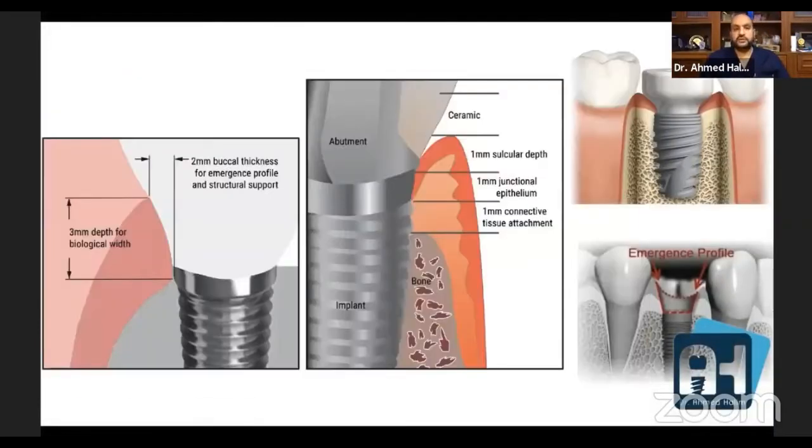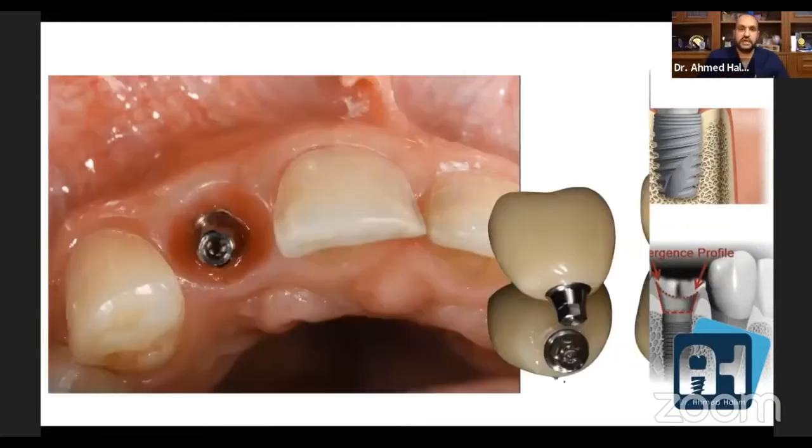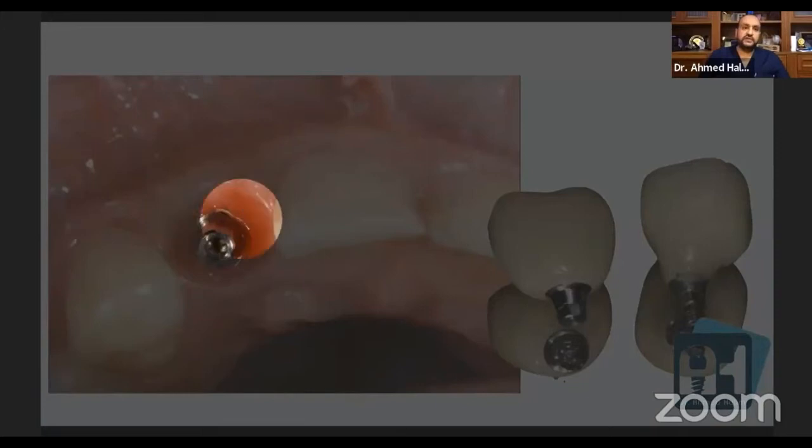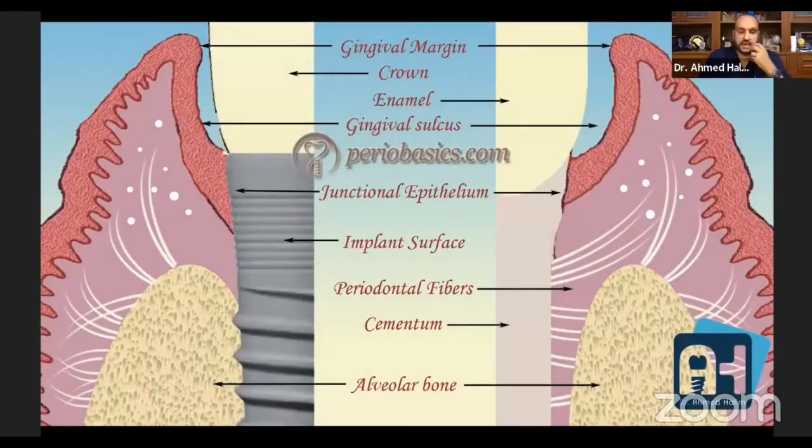When we talk about soft tissue, of course, everyone who places implants knows that to manipulate the soft tissue, you need a healing abutment to get a good emergence profile like this one. This is what I can call a good emergence profile, a good soft tissue management. So you need to do some manipulation using whatever healing abutment, using a lot of things. Before I start, I have to tell you something. There is something called